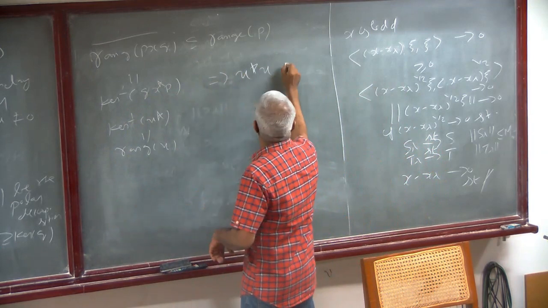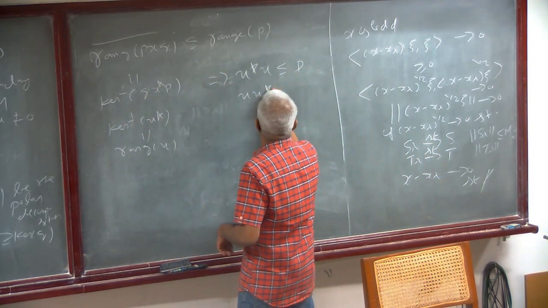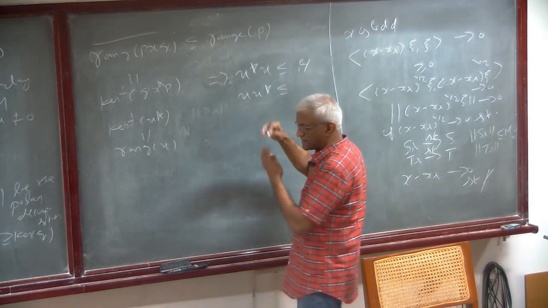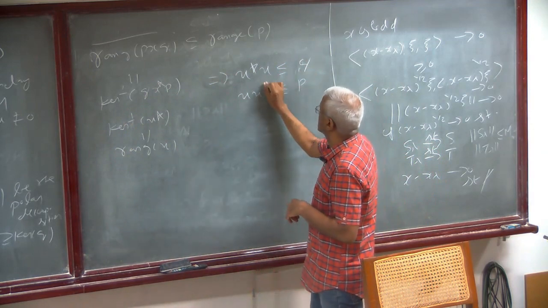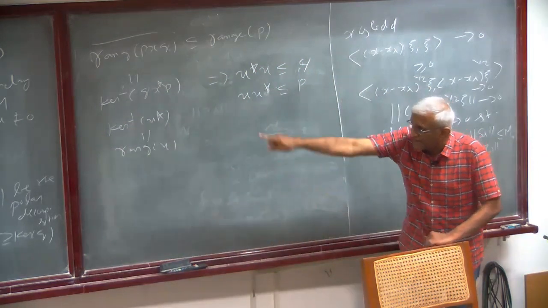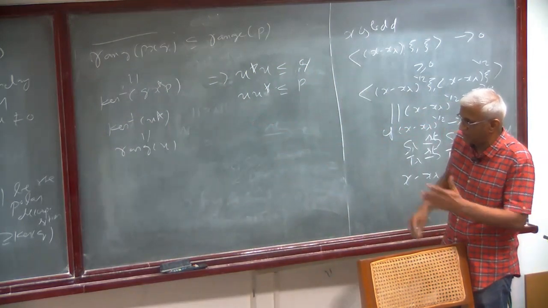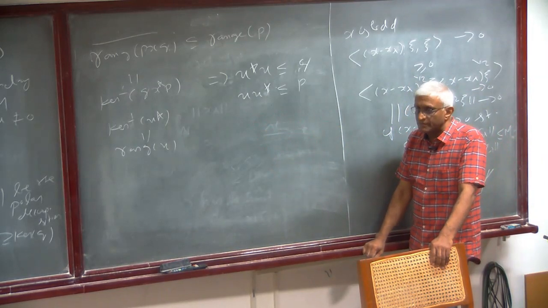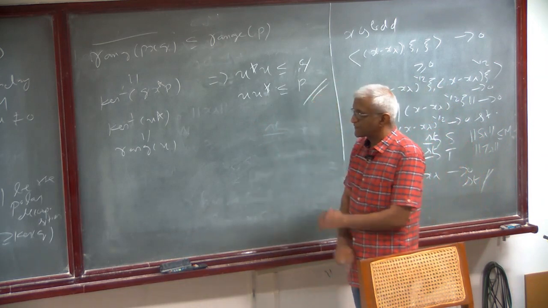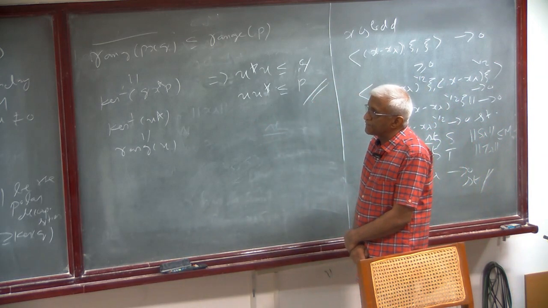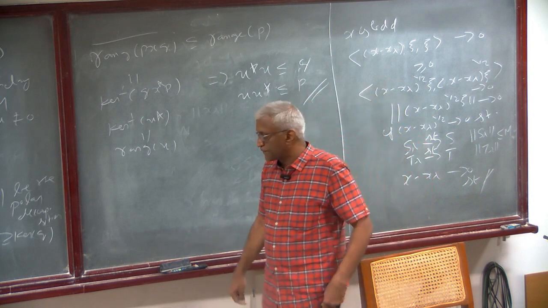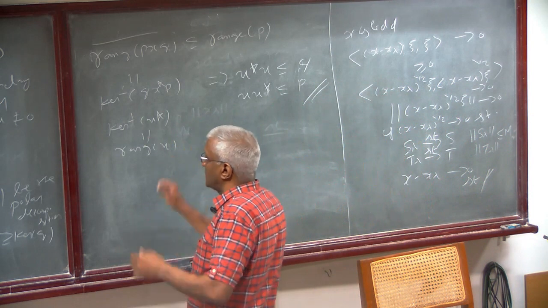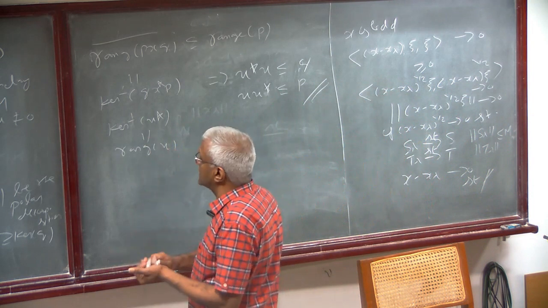So this implies U star U is less than or equal to P, and U star is less than or equal to Q. I have interchanged Q and P. Doesn't matter. U star is less than or equal to P. I had written U star U is less than or equal to P, but I have interchanged it. Okay. So it follows. So given two projections, we can find a partial isometry such that the initial space of the partial isometry